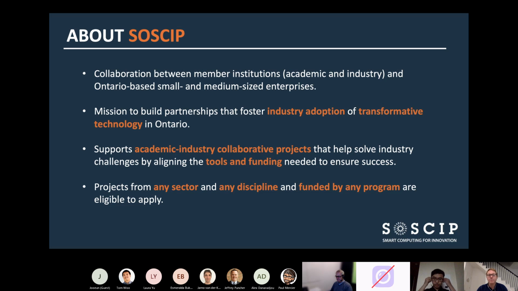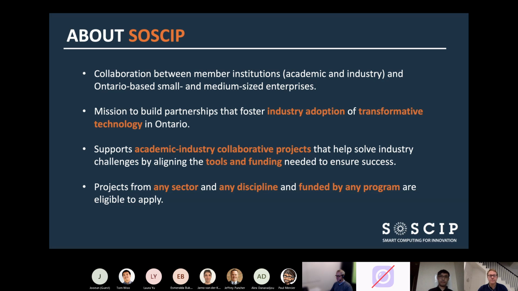Really, our mandate is to help build and foster innovation by working with industry partners and getting them to engage with the academic community, and not only do that, but also to use and apply new transformative technology, high performance computing, AI, machine learning, new tools and technologies that can help our industry partners, but also provide an opportunity for our educational institutions to develop and train new students in HQP and get them engaged on the research projects.